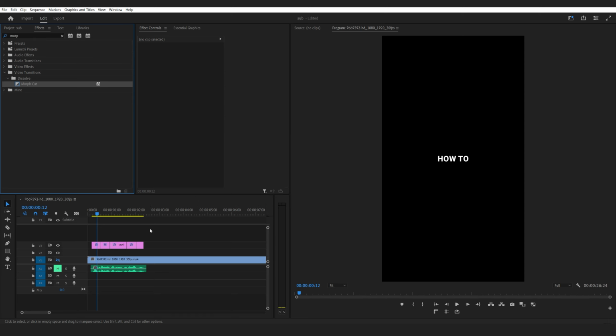So now you can see we have a transition between each one of these, and it's the morph cut. The only thing we need to do is select the first one, right click it, select clear, and do the same on the final one here. So once we play this back,